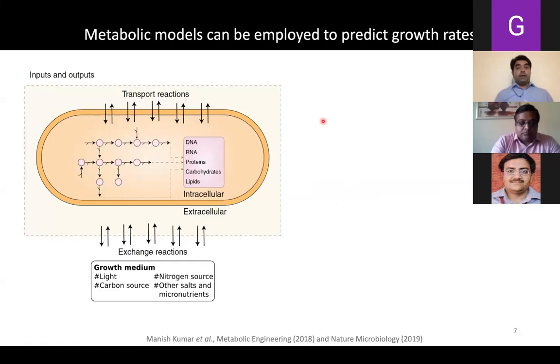Similarly, in metabolic models, we use exchange reactions to connect media metabolites to extracellular space. And then we use transport reactions to connect these metabolites to the internal network. To illustrate the outcome of these simulations, I will use an example